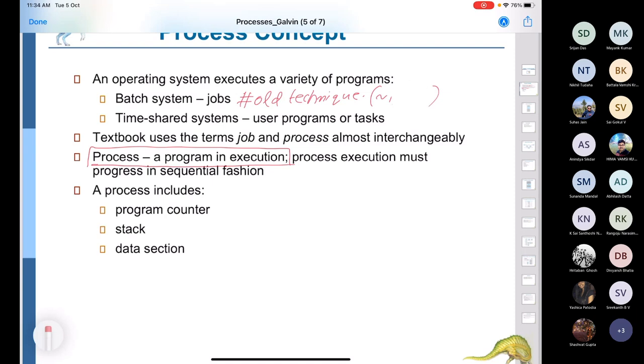Time sharing had started getting popular. And the time shared system is an important concept